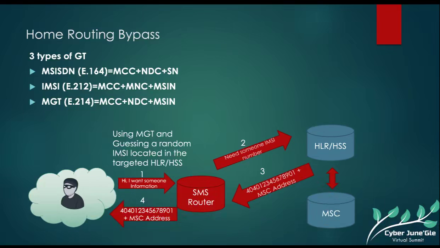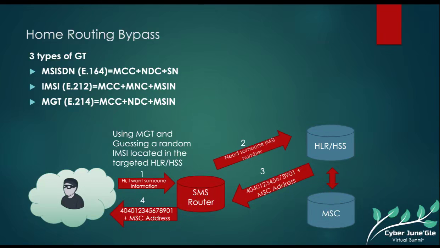It's easy to do because, for example, a hacker could take advantage of a known IMSI, like my IMSI, I know my IMSI. There are many different applications that you can try to retrieve your IMSI, or even some online and offline databases